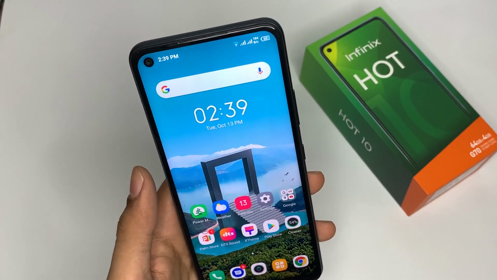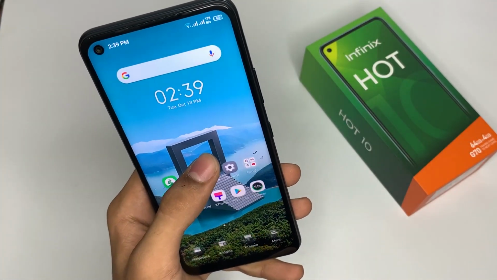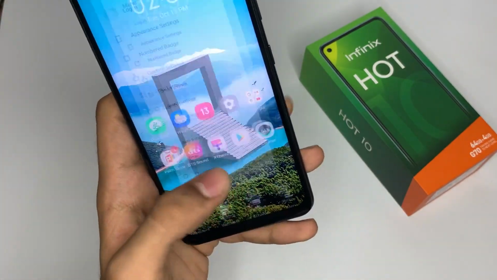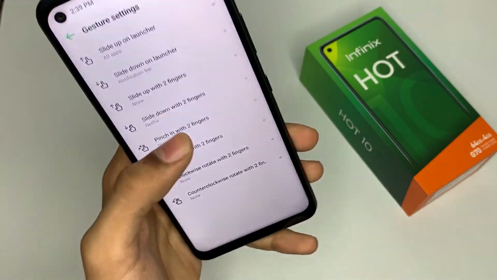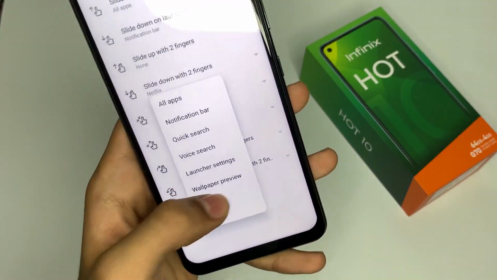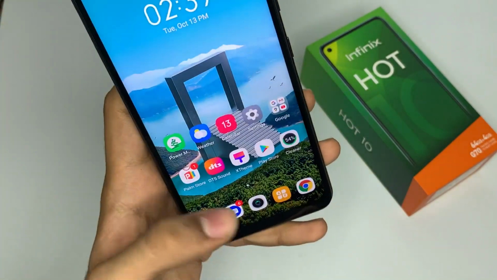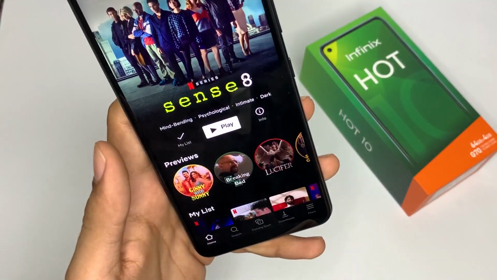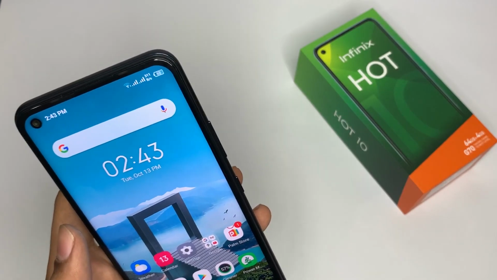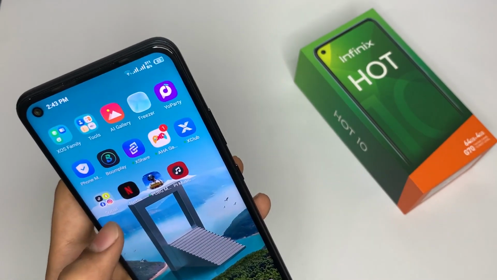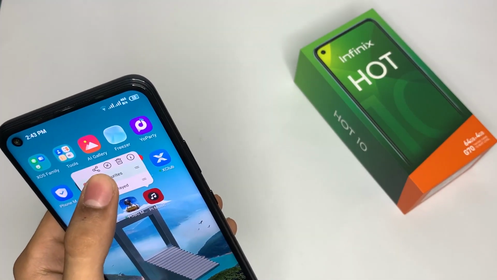To add gesture shortcut of any app on your home screen, press and hold the screen, click on menu button, click on gesture settings and select the gesture and your app and you are good to go. If you want to make shortcut of any page from inside the app, you have to click and hold the app and just drag it out.